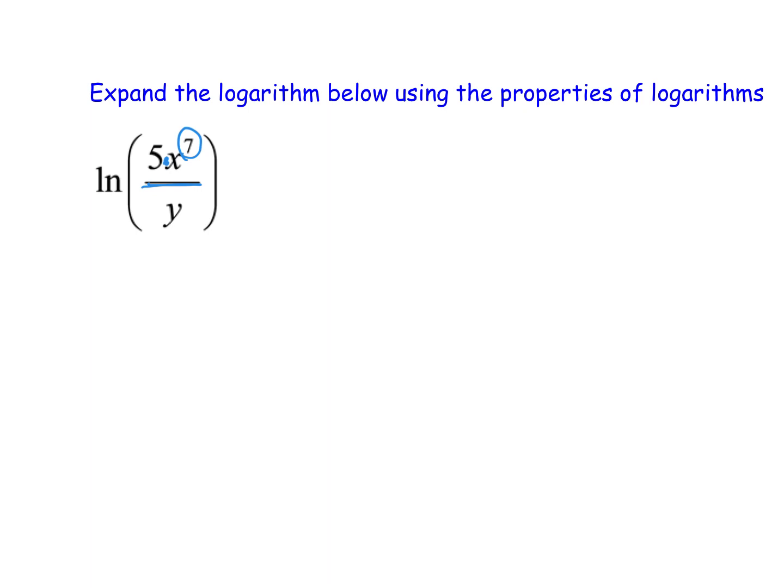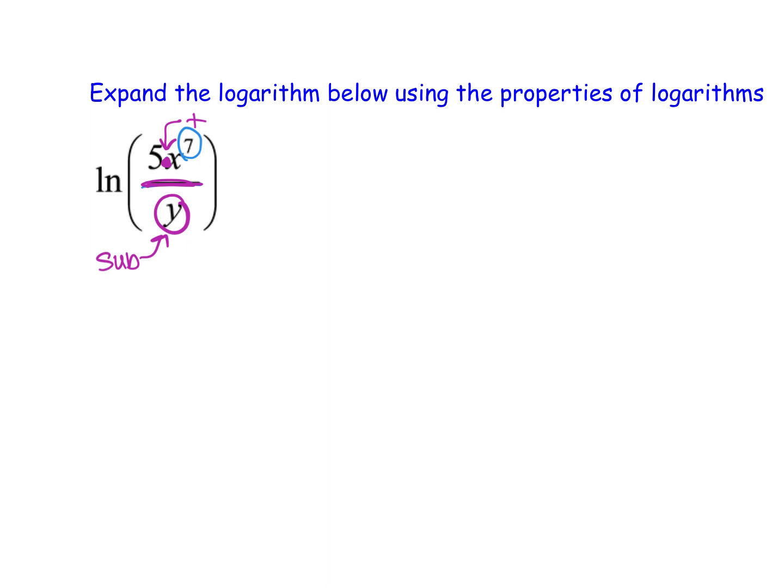Now, when I look at this, what I notice is that there is a division with the y. So that tells me that at some point there's going to be a subtraction in front of that logarithm with the y, and that's what results in it being in the denominator. Now up in the numerator, I can see that there's a multiplication going on here, and that multiplication tells me that there's going to be an addition going on, because that's going to be adding of two logs to form